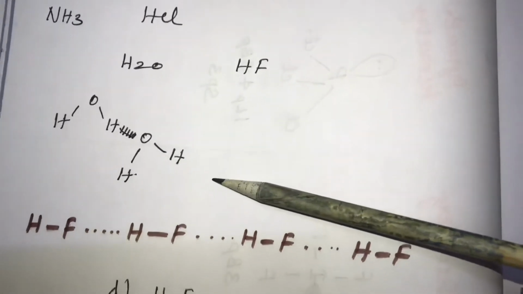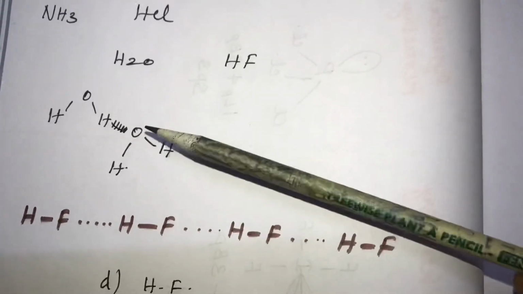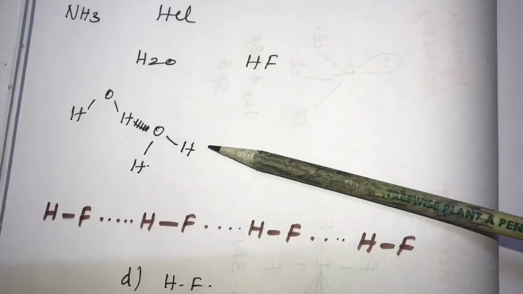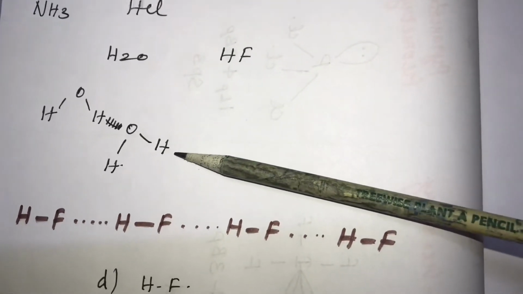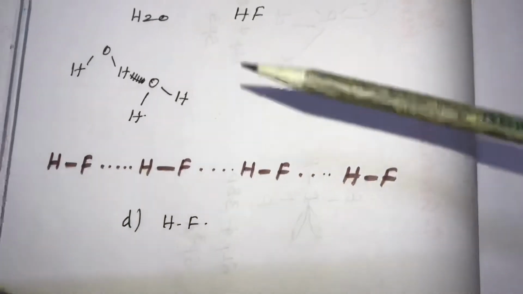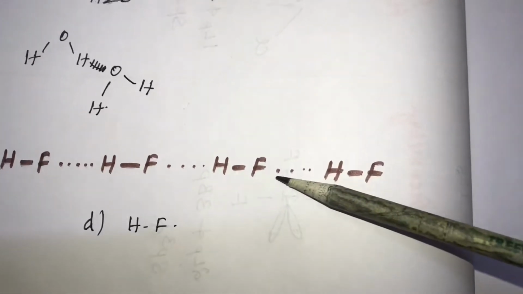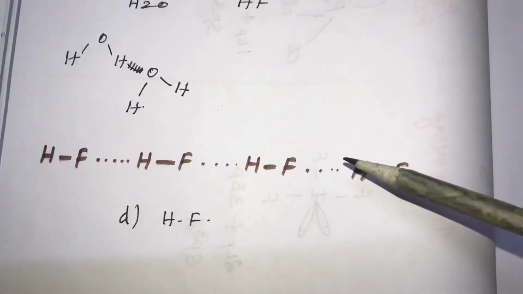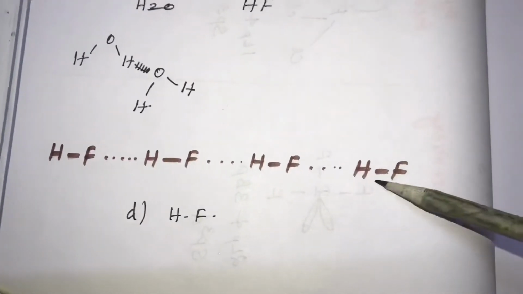Neutral solvent we are using for drinking purpose. But here a bent structure is present in the water molecule. There is no linear structure. Hydrogen bonding is present in the water molecule, but the water molecule is a bent structure, not forming any linear chain. But in the case of hydrogen fluoride, because of the electronegativity of fluorine, it forms extra hydrogen bonding, additional bonding with the nearby hydrogen, called hydrogen bonding.